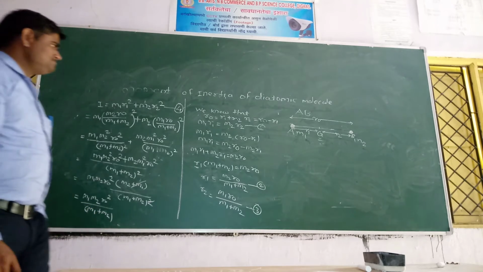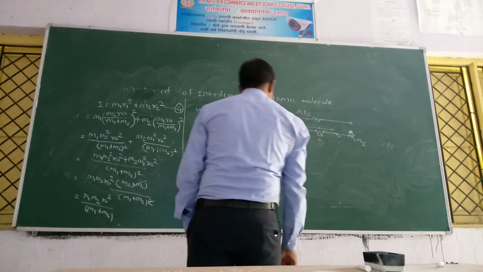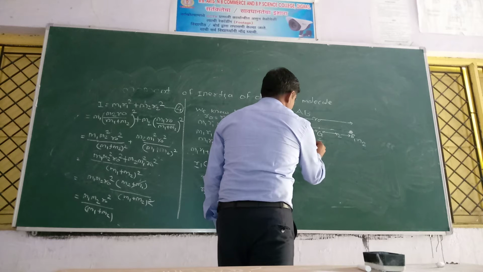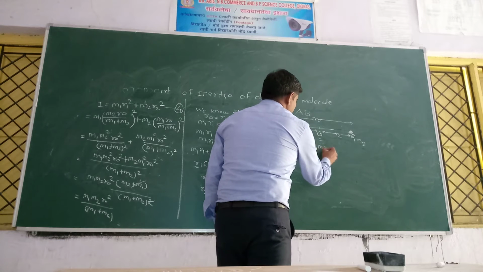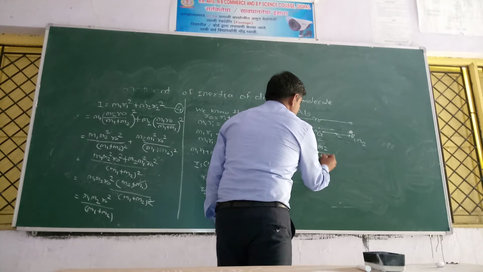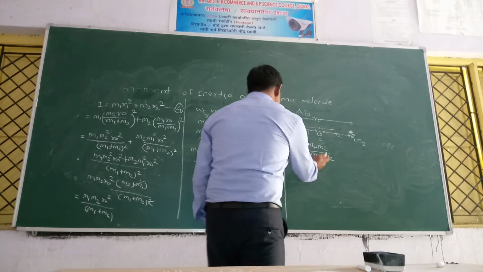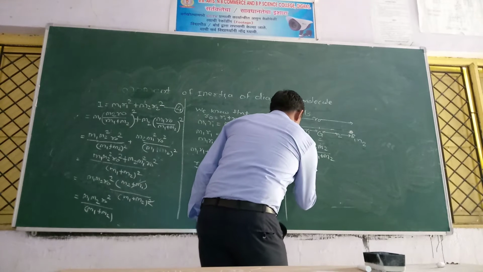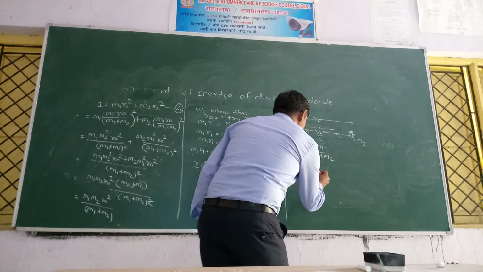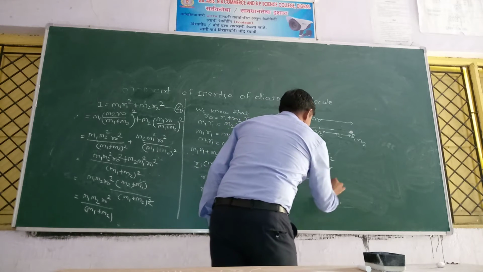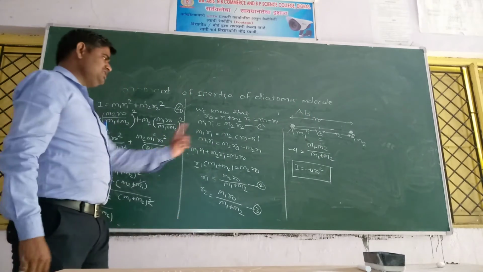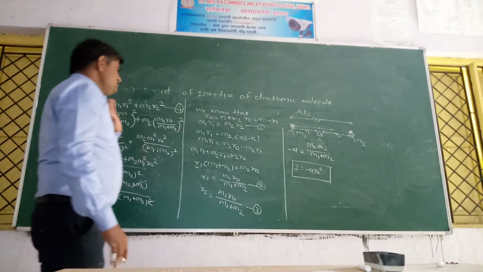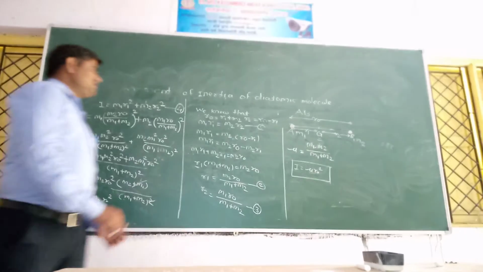We know that reduced mass mu is equal to M1 into M2 divided by M1 plus M2. Putting this value in the equation, we get I is equal to mu R0 square. This is the formula of moment of inertia for diatomic rigid rotor. We are easily getting this point. Then after that,